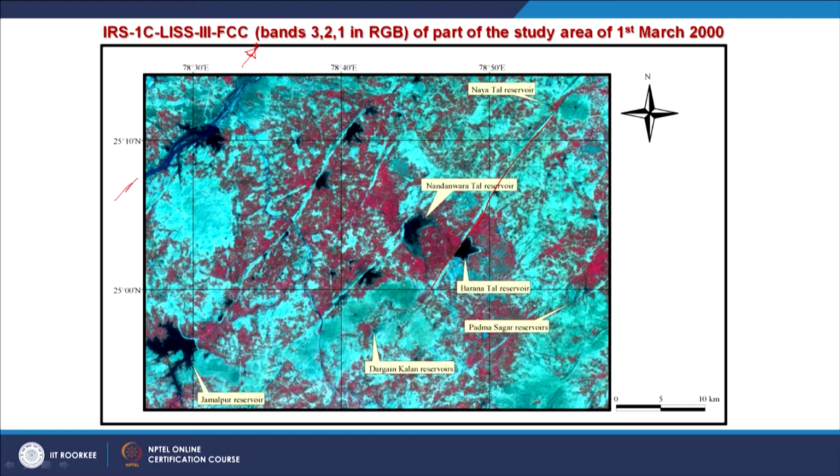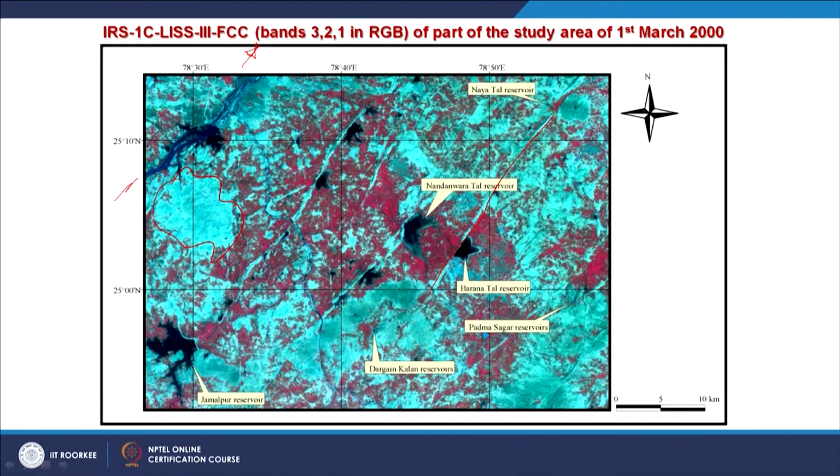And wherever you do not have such quartz reefs and inundation of water, like in this part, you do not see vegetation. This is again a false color composite image. So, what we are learning basically is that even in a hard rock terrain, if we inundate water for some time, it will recharge the groundwater regime in the surrounding, whatever the geological conditions are there. And ultimately there will be growth of vegetation, as you are seeing also in this image. So, wherever you are having water in the vicinity, you are having growth of vegetation, and wherever you do not have any water body, you do not have growth of vegetation.